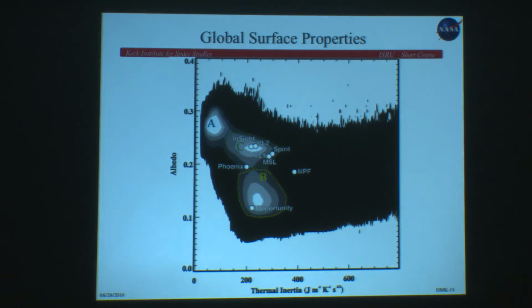However, we have not really, even with all the rovers and landers we've had, sampled much of the terrain of Mars. This is a map of thermal inertia on this scale, i.e. this is basically how much dust versus how much rock near the surface, and albedo, how dark and how bright it is. And looking at it, this is a contour map, and you can see that there's 3 areas, A, B, and C, that kind of where a lot of the terrain of Mars clusters.